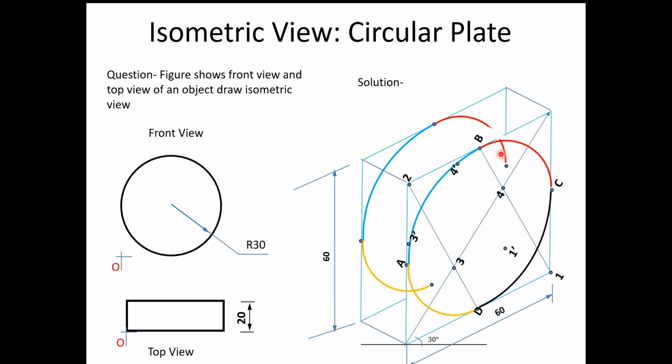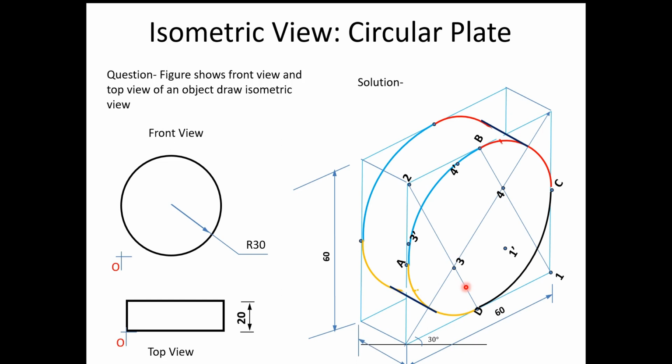After that, what will we do? We will erase this arc and draw parallel lines to this. Draw the parallel line like this. Then erase this arc, erase this arc also, and this also. So in this way, we can complete this circular plate. Now you can see this plate is a properly circular disc.